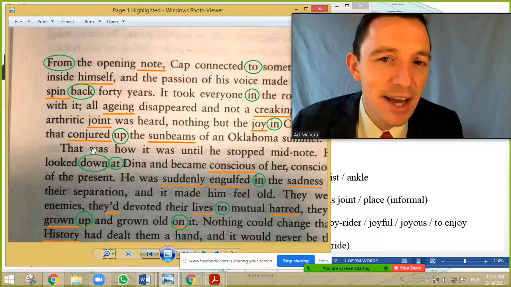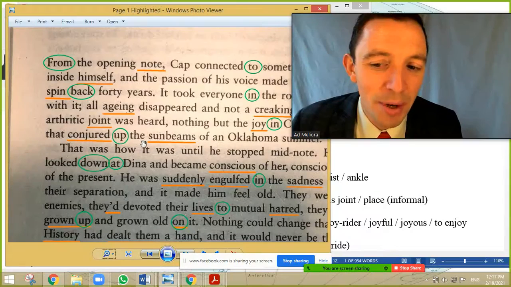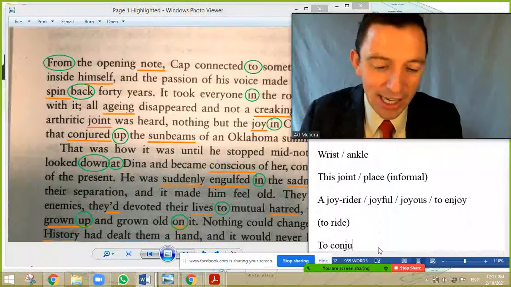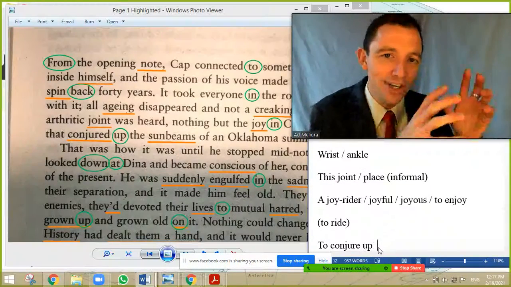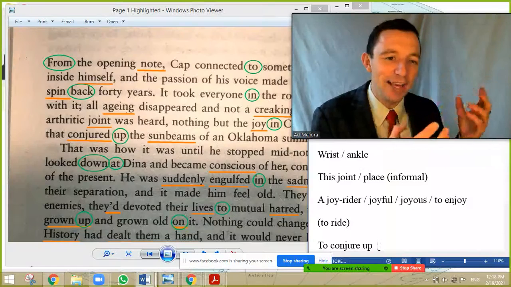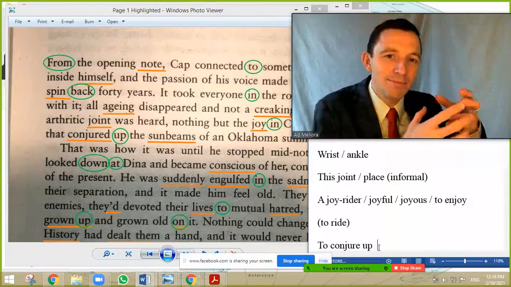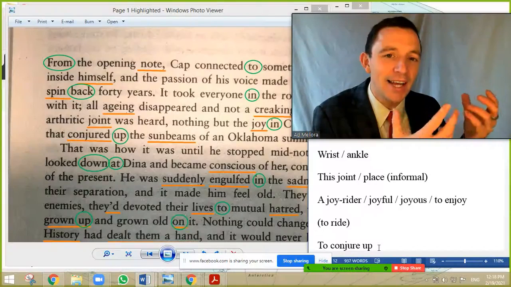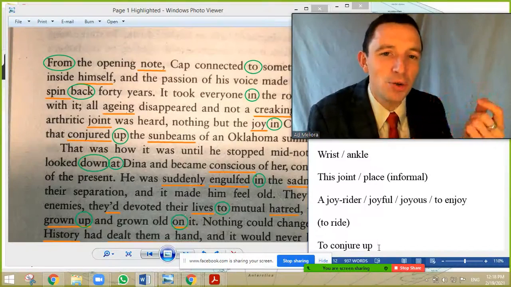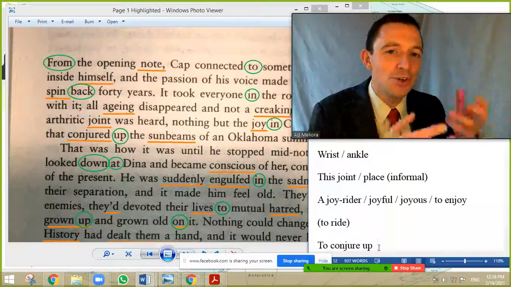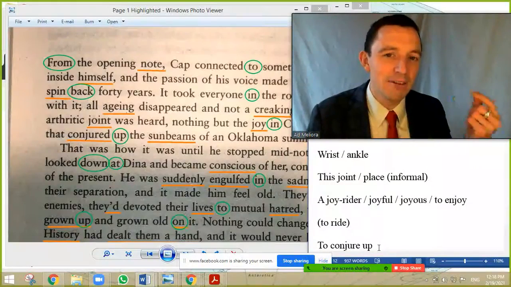It's very advanced, but it is important. That conjured up, so it's basically to create, to conjure up. And the context is for the witch, the bruja in Espanol. You have the witch, and she or he conjures up an idea, or conjures up a spell, or conjures up a potion or a spell. The word specific in English is a spell. So to conjure up is to create. It's very advanced and very good.